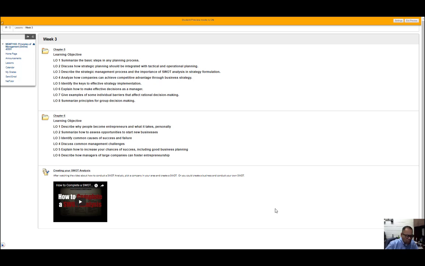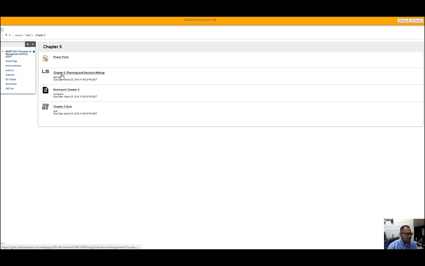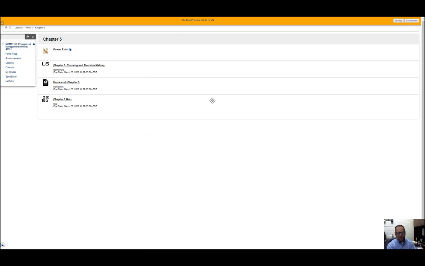Also, in our homework assignment, of course, if I went to chapter 5 and I saw my work, the Learn Smart is really that portion where it just kind of forces you to go through and look at all the different parts of the chapter. But the homework is very specific to certain questions. Now, there are some questions that you have to type out. Those questions will not be answered immediately, of course. I would have to go back in there and answer them or reply to them and grade them.